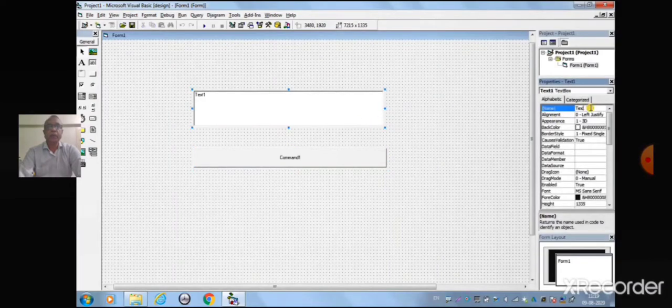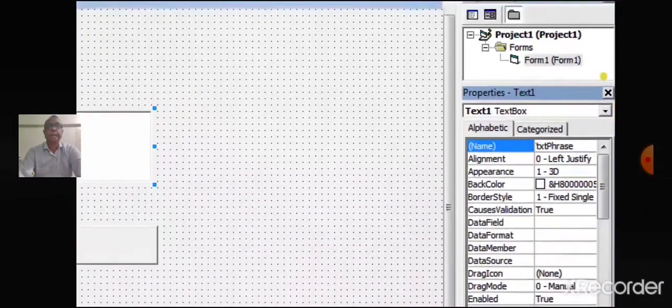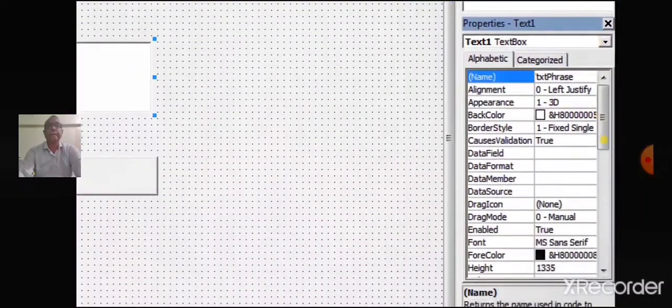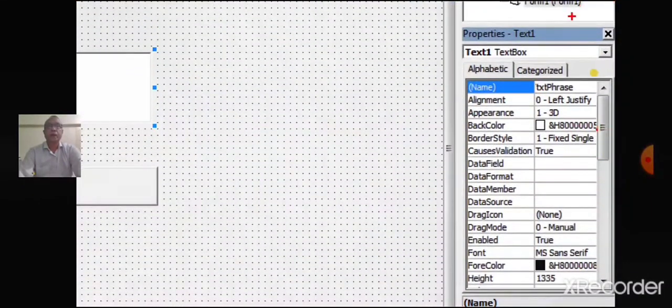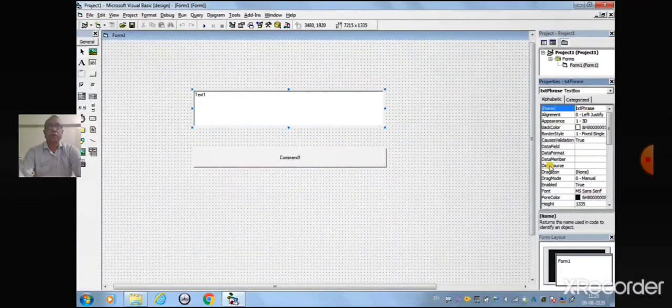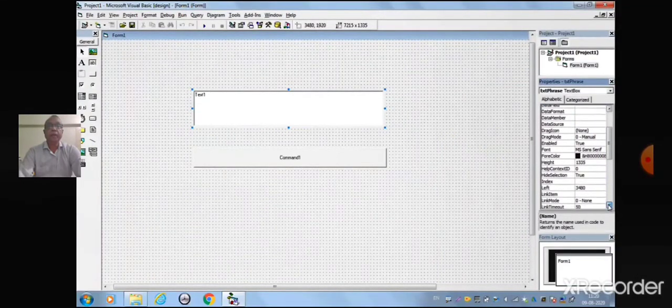Change the name property of the text box to txtPhrase, and the text of the text box should be made blank.